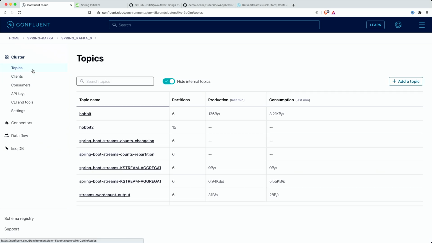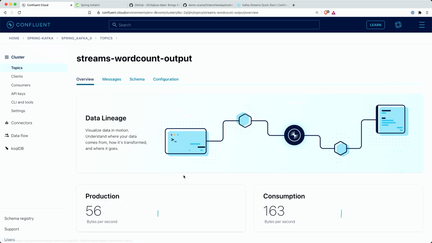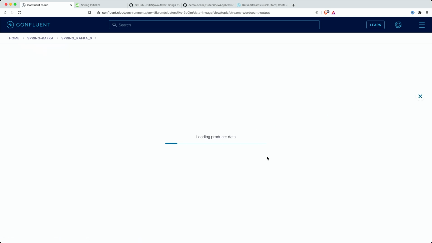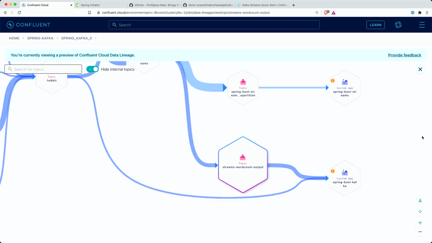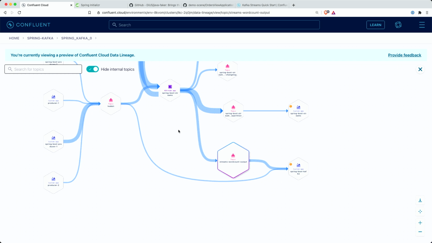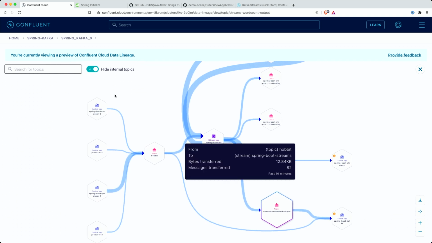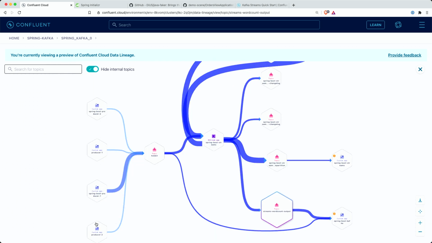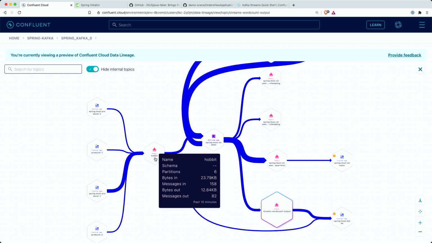And once again, let's take a look at what we have here. So we have a topic with this data that's generated. We do have a streams count, and the data is processing here. Let's use this very nice data lineage feature. So we will see that there's a bunch of applications producing this data into my topic.